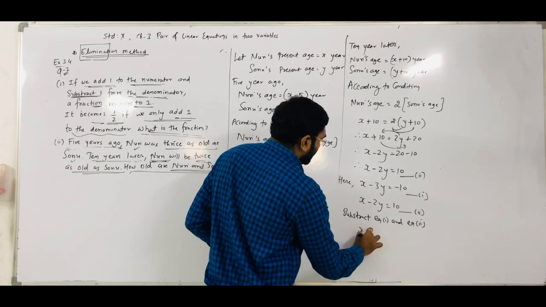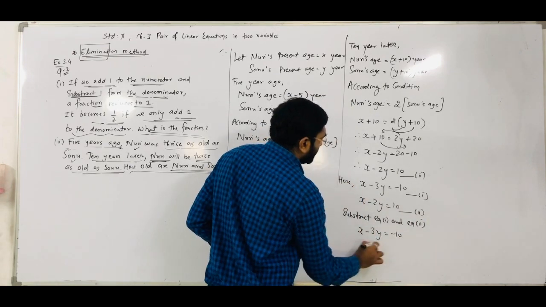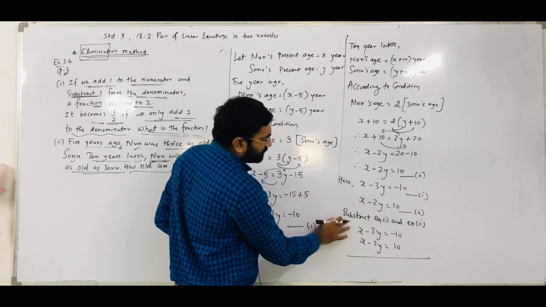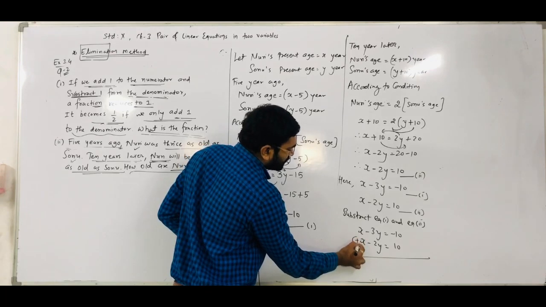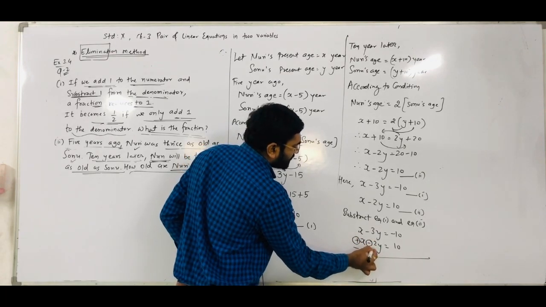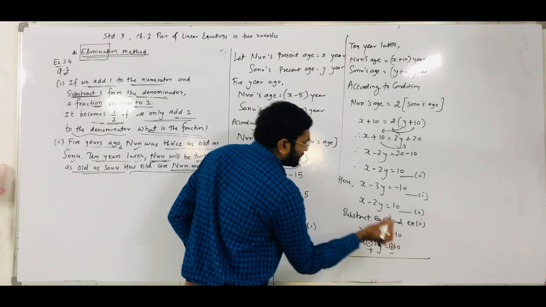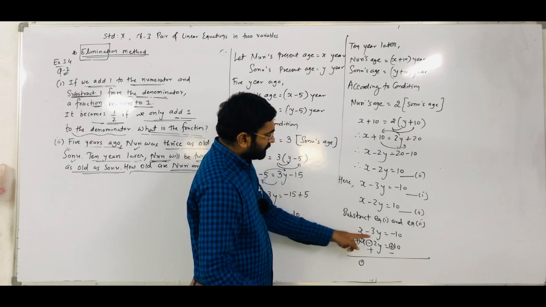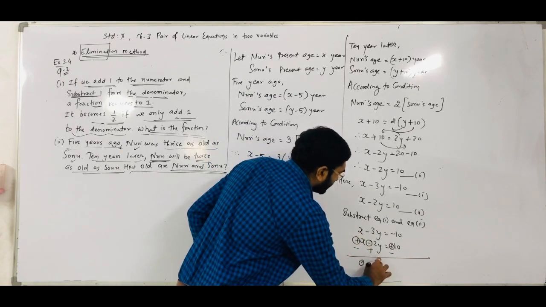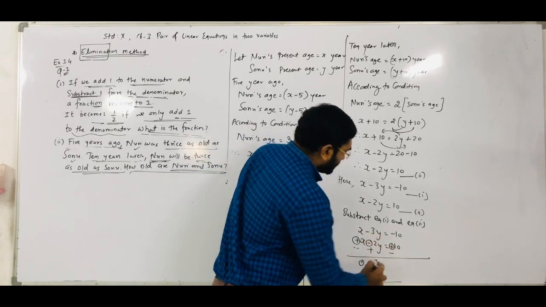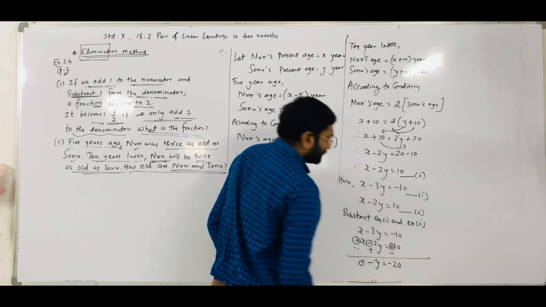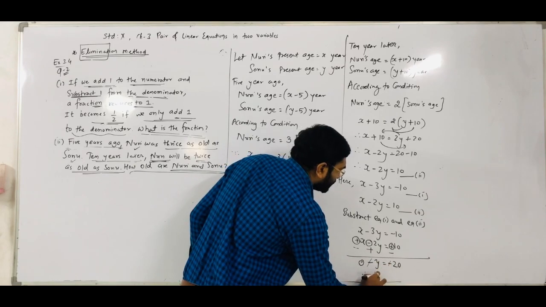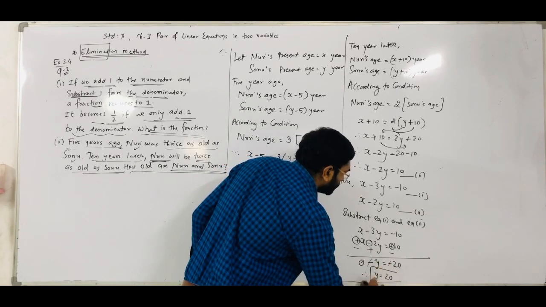So what do we get? x minus 3y is equal to minus 10. Equation 2 is x minus 2y is equal to 10. Whenever you do the subtraction, all the signs of the second equation we have to change. Plus sign becomes minus, minus sign becomes plus, and here the plus 10 sign becomes minus. Right? So x minus x becomes 0. Minus 3y plus 2y, so we get minus y. Minus 10 minus 10, so we get minus 20, because minus minus we have to do the addition. The minus minus sign is cancelled out, so we get y is equal to 20.